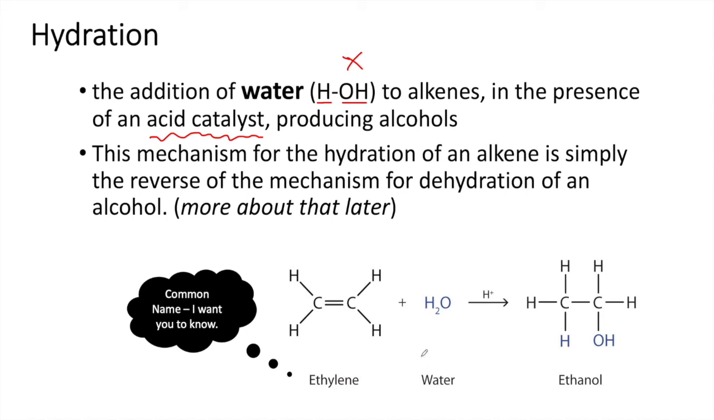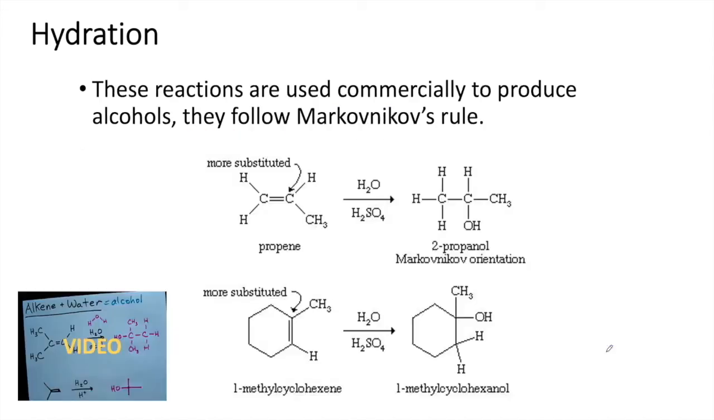Ethylene, by the way, is ethene, but this is a common name. Ethene reacts with water in the presence of acid to produce ethanol. So again, hydrogen goes to one side, hydroxide goes to the other side. These reactions, like I said, they also follow Markovnikov's rule. So you can see here,